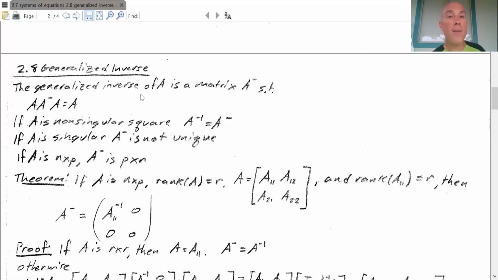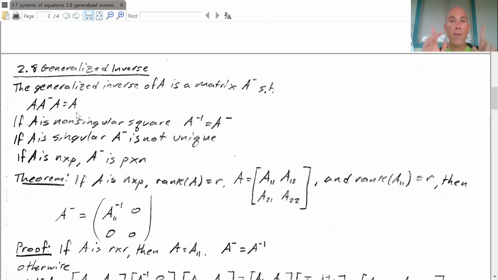All right, so the generalized inverse of A is any matrix A superscript negative sign such that A times the generalized inverse times A is equal to A. Okay, pause for a moment. First thing I want you to do,